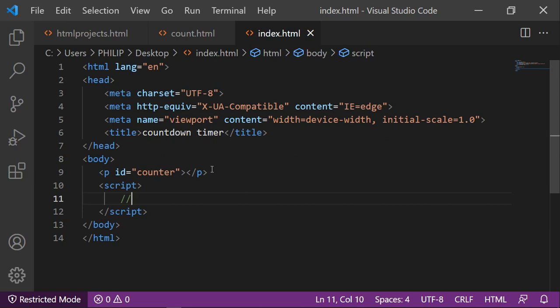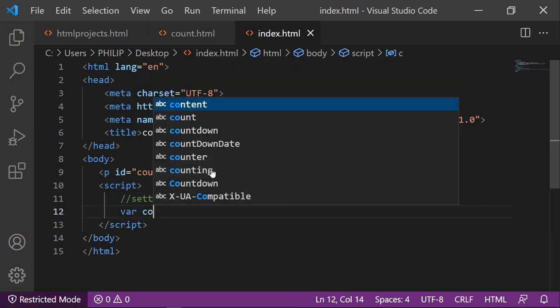Then you'll also need to update the countdown every second. All right, now let's set the date. Setting the date to count down to. All right, to set the date, you'll use var countdown